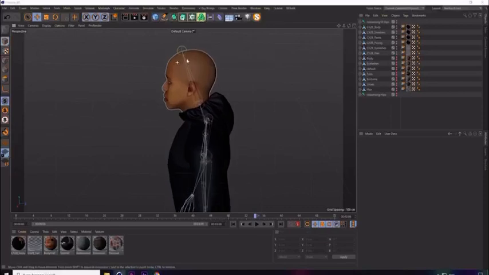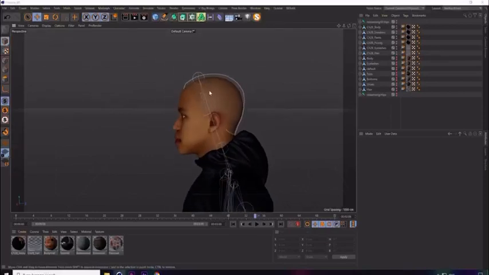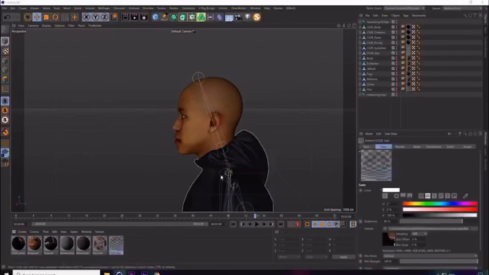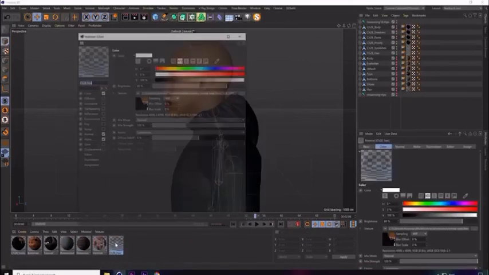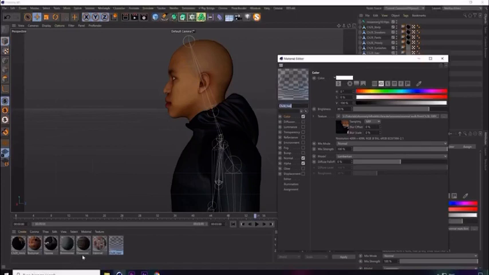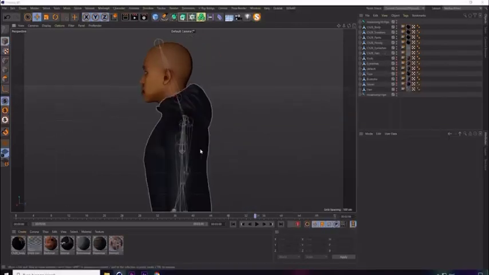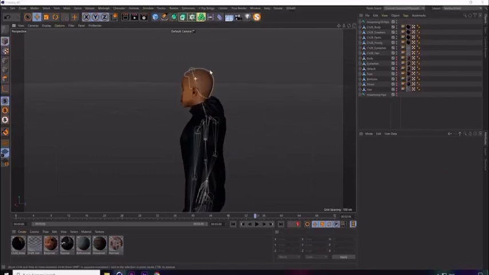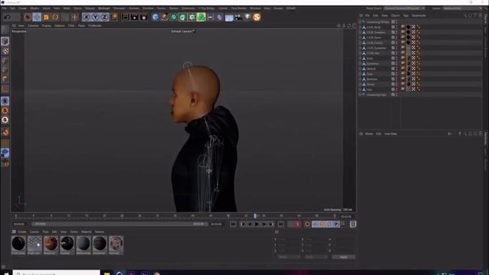I can see though that the hair has not imported correctly. This is the material for this character. Interestingly, the character from Mixamo has a single material, whereas the one from Fuse is broken up into different bits. But that makes sense because we configured the clothes and the shoes and all of that stuff differently. So that makes sense. The hair for this character did not come out correctly, so let's just take a look